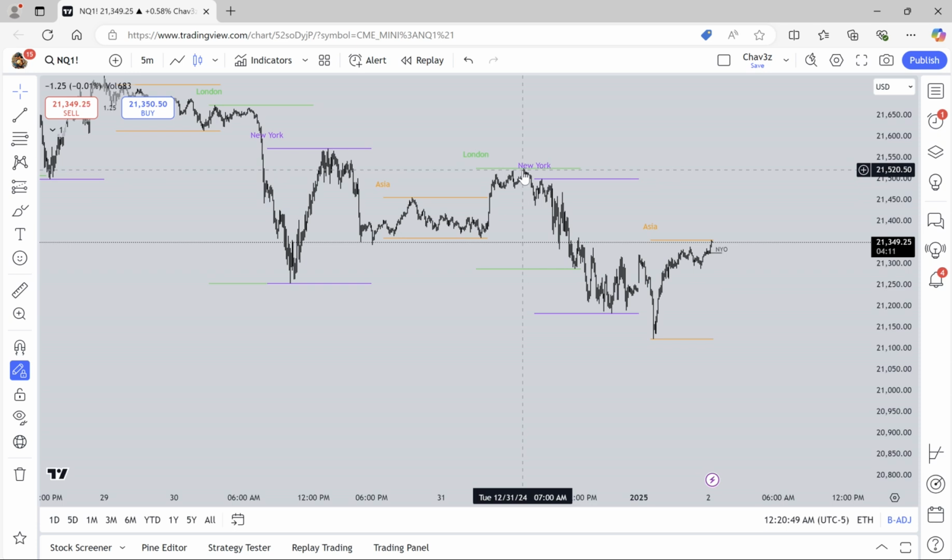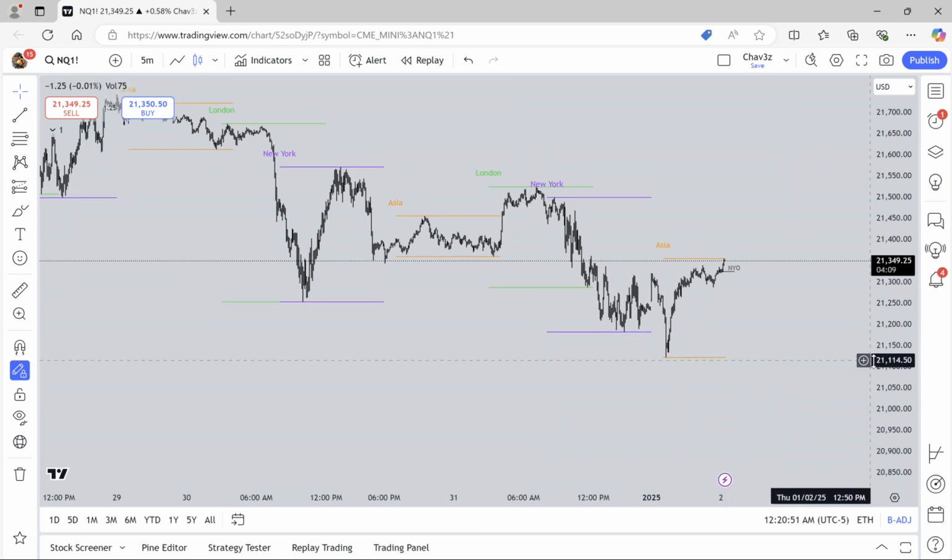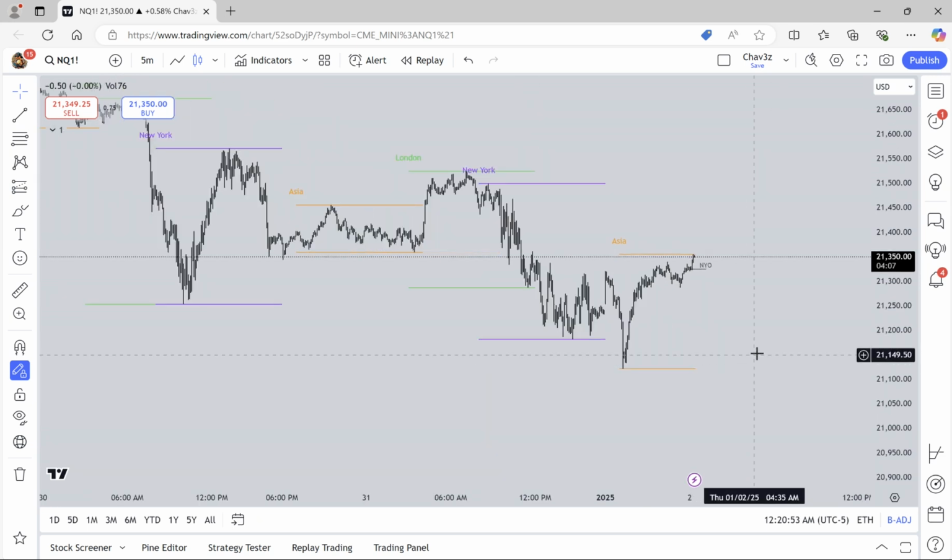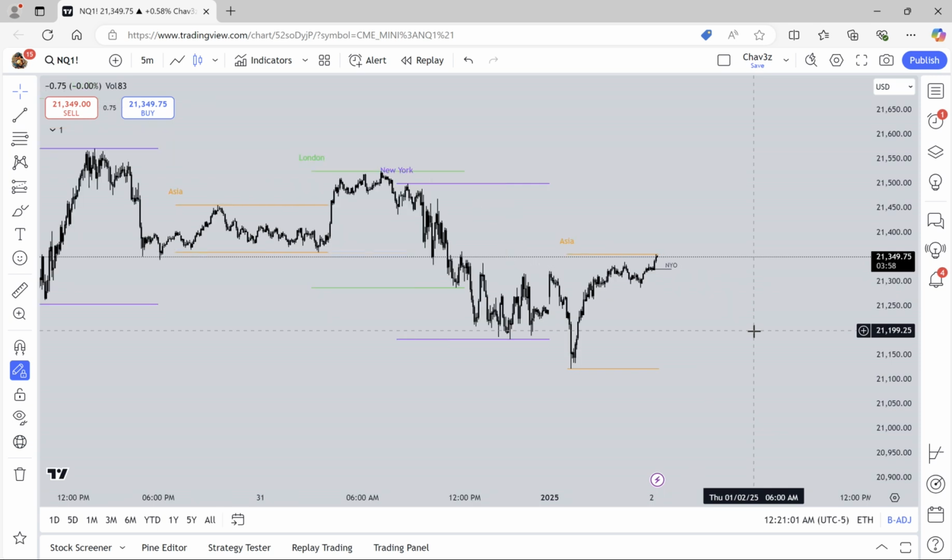I gave us three reasons. One of them hit. It was a good daily bias. Not a lot of times are you going to be 100% spot on, but you're going to have your one, two, or three different ways that you believe the market is going to go, which is a good thing to have in the beginning of the day because it helps you identify where the market is going to go towards the end of the day, if that makes sense.